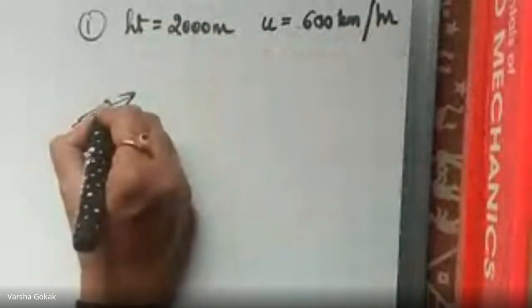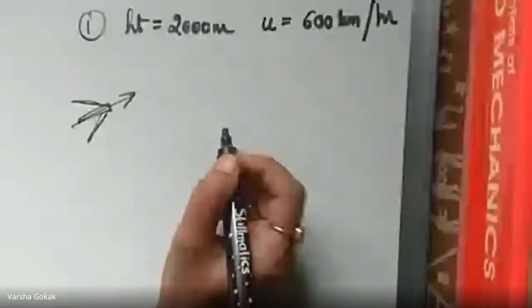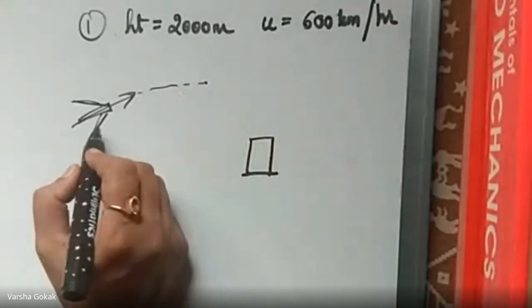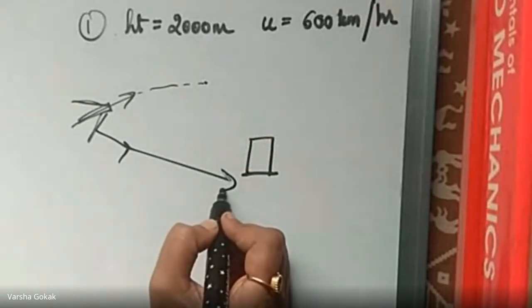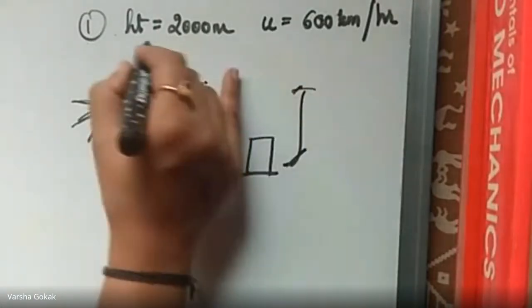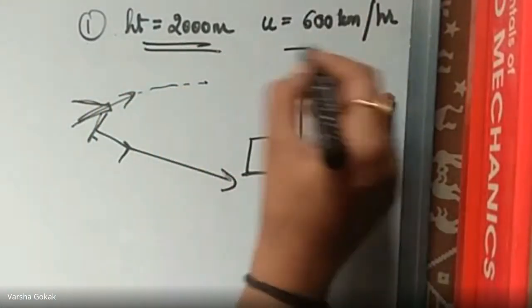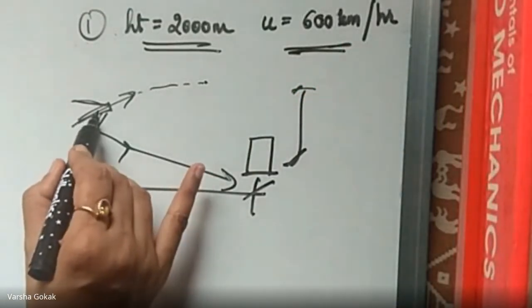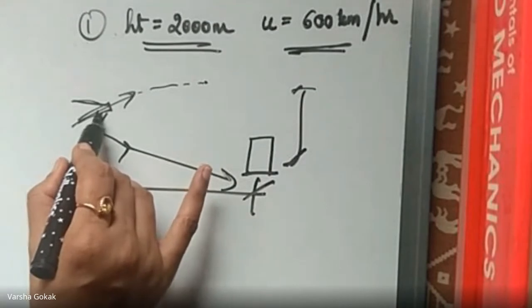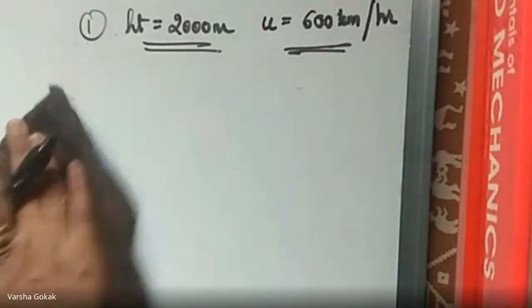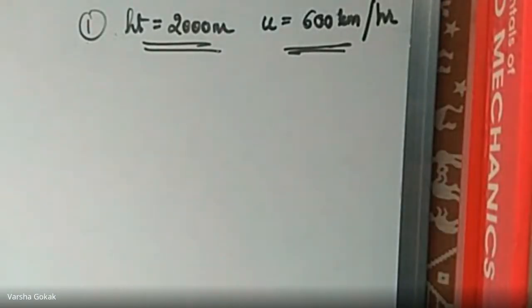Plane is going like this. I don't want to draw a plane. Okay. A plane is like this. It is going like this. And there is a target. So he has to strike the bomb at the target. So the question is, he is flying at a height of 2000 meters with a velocity of this. At what distance should he drop the bomb so that it will go and hit the target? Correct? Matlab, what is the required thing here? What are they asking us to find? Any guesses?